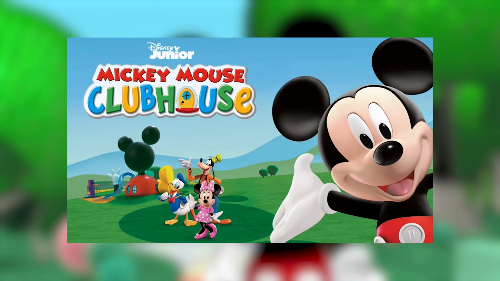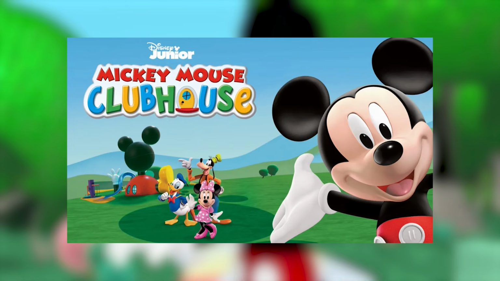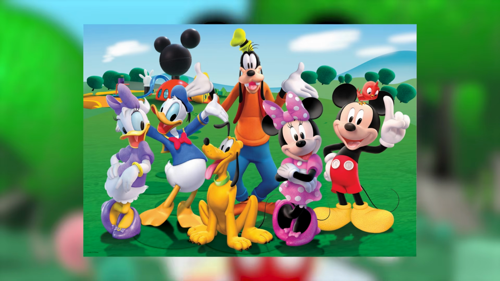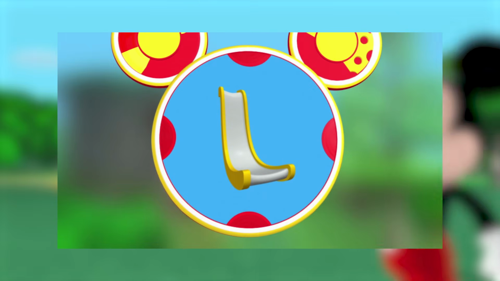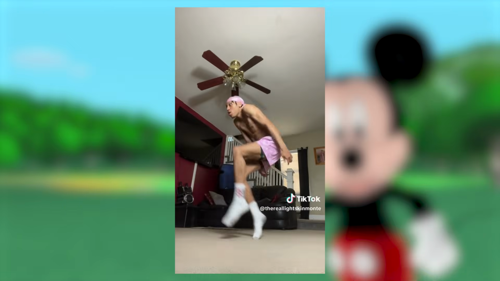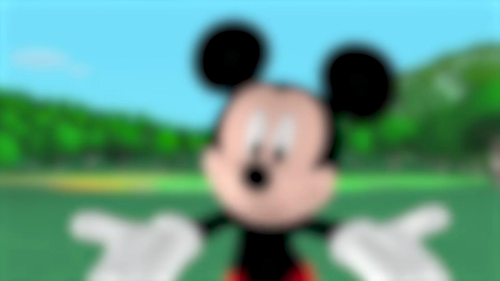The Michael Mouse Clubhouse show was created in 2006, and it's a show where Michael Mouse and his friends would educate kids by dealing with conflicts. The only thing I really remember about this show personally is the mouse tool, and that hot dog dance they did at the end. This was one of the first fully CGI Disney Junior shows,